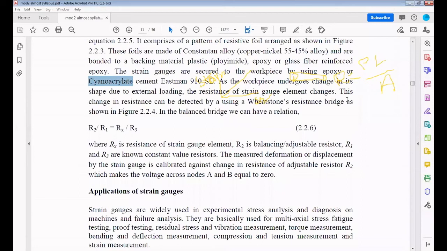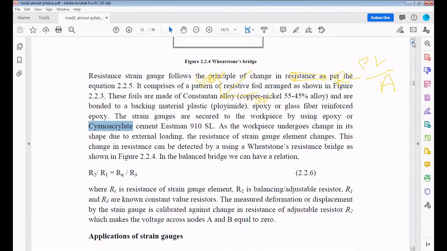If we apply a stress on a particular material, because of the stress the length and cross-sectional area change, meaning the object will be completely changed. According to the change in length and cross-sectional area, we can find out the operation of that system, because the values will change accordingly. So remember this explanation.